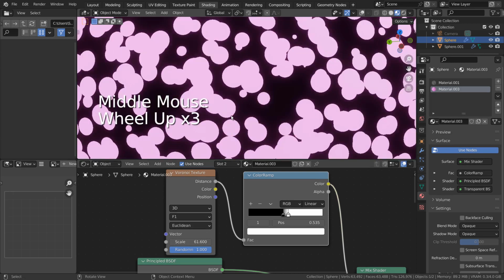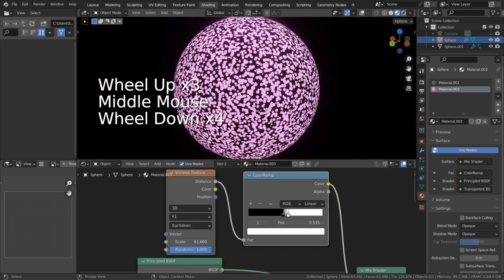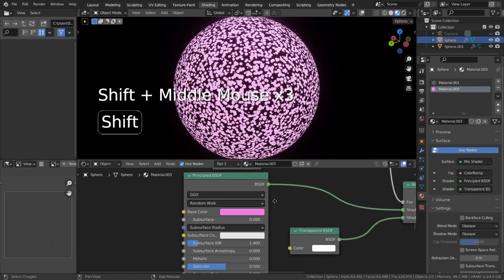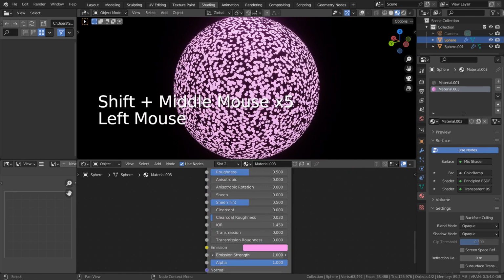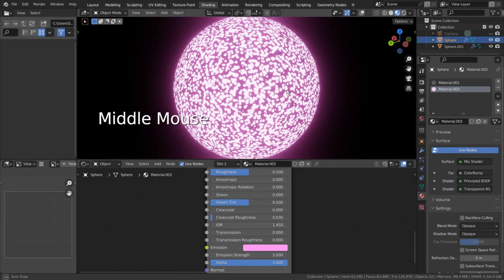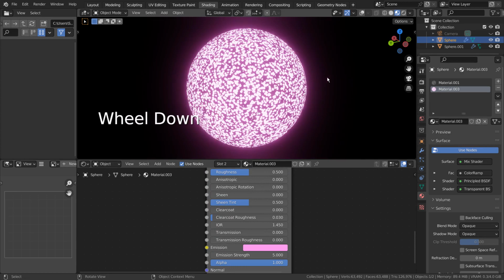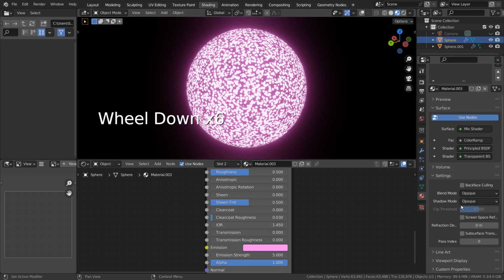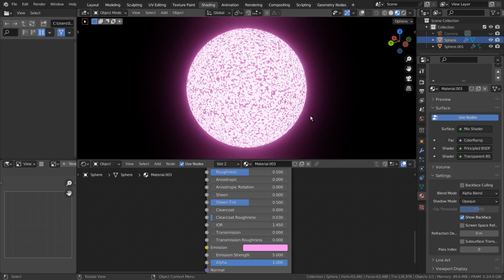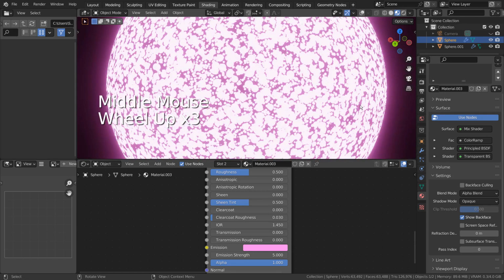We still can't see through, and that's because we're using the Eevee render engine. Now we can see through.